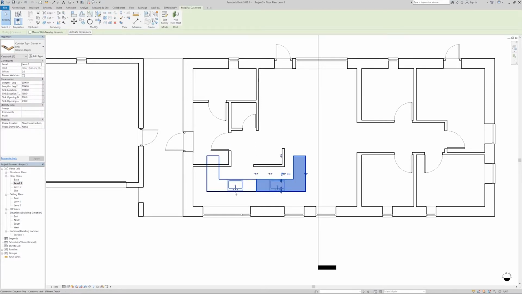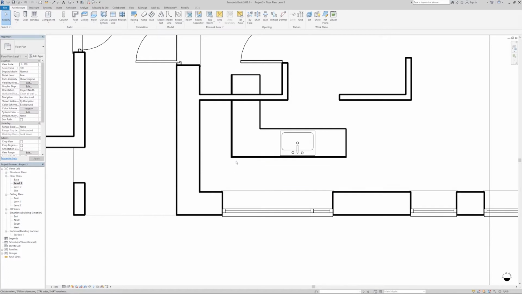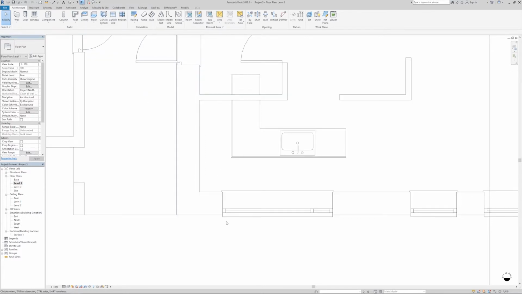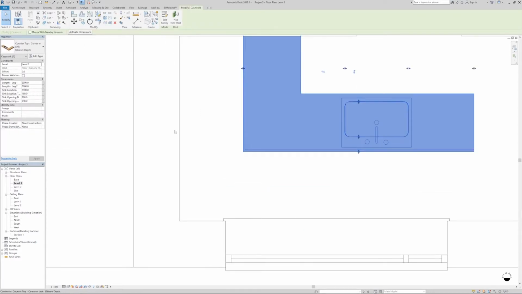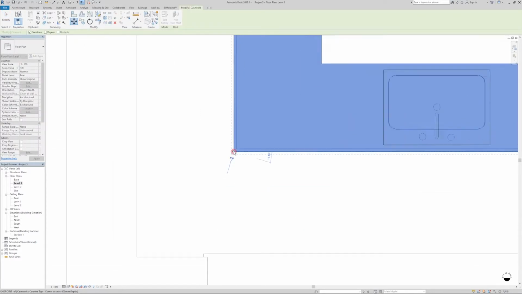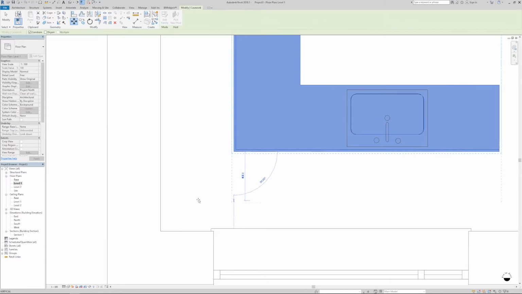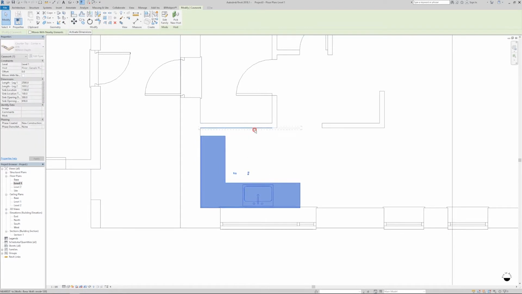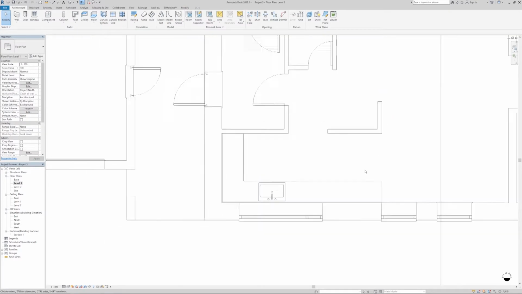I'm gonna erase this one, and you notice that it's very hard to move this exactly to the corner because the lines are so thick. So one useful tip that I advise is here, there's an icon for thin lines. You can turn off line weight, and then you can select the move command, and it doesn't let you move where you want to, because this constraint is on, so we turn off this constraint, and we snap to a corner. I'm gonna snap this here, I'm gonna snap this guy here, just like so. Okay,